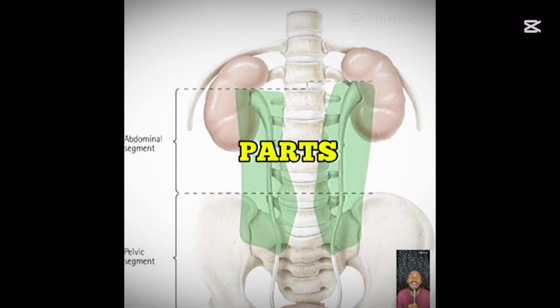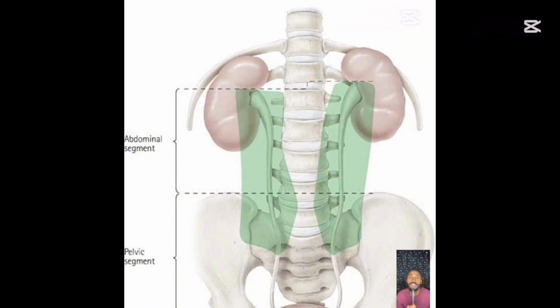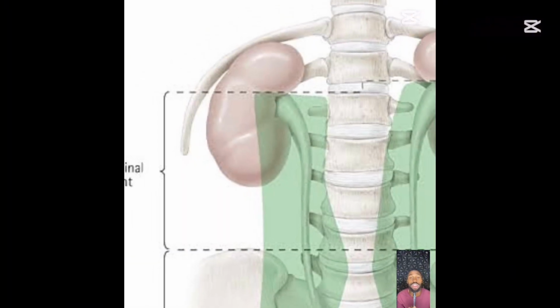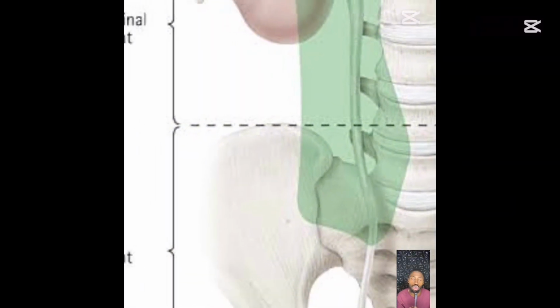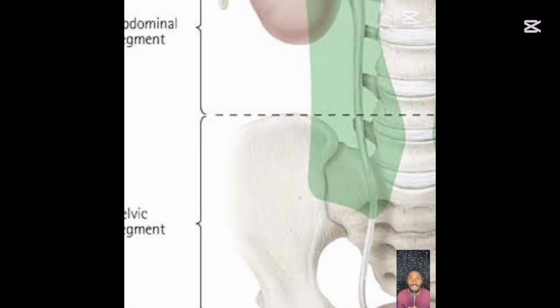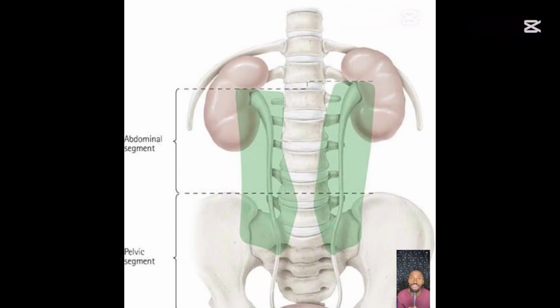Don't forget, what are the parts of the ureter? The ureter has two parts. The first part is the abdominal part, which is 12.5 centimeters, and the pelvic part, which is also 12.5 centimeters, making 25 centimeters. The abdominal part starts from the renal pelvis, as a continuation of the renal pelvis, and ends at the pelvic brim, where it crosses the bifurcation of the common iliac vessels, while the pelvic part starts from the pelvic brim at the bifurcation of the